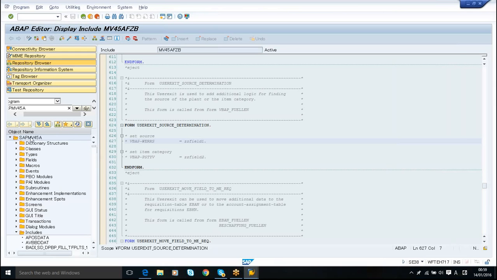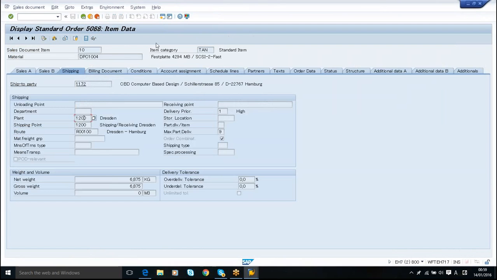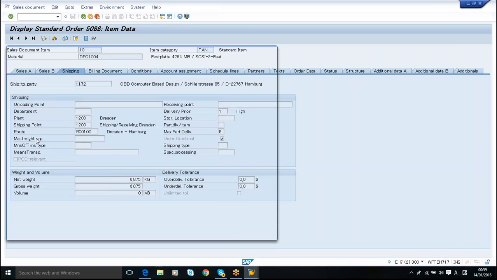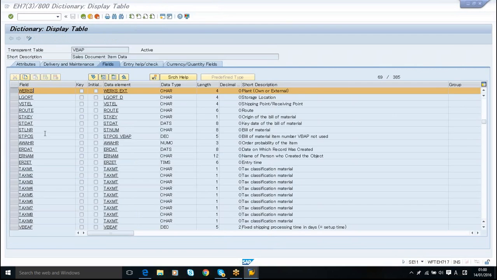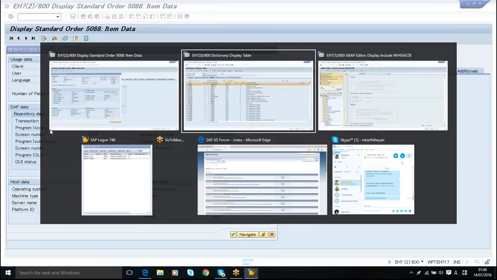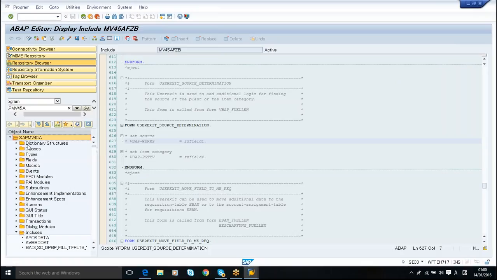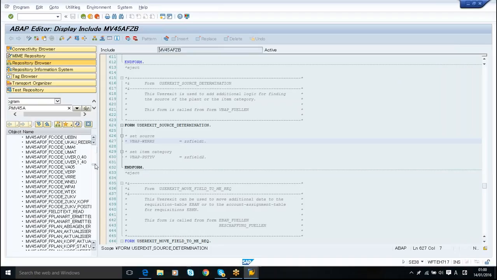See here, I was showing my SAP MV45Z set. One minute. See here, SAP MV45A. Here also you can see SAP MV45A. Under this, plenty of things were there. Here, if you see includes, and our include is here, MV45A. So if we keep coming here,